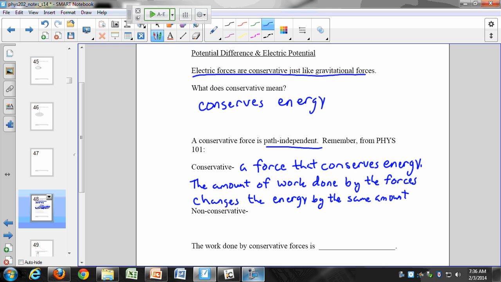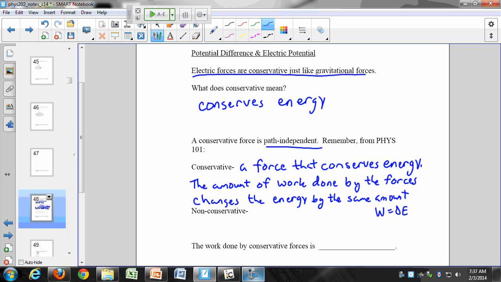All right, so what we're saying here roughly, if you just want to write this in equation form, or you can write out all those words, or you can just say that the work is equal to my change in energy. And that was true for the gravitational force. That's true for all conservative forces. What are types of conservative forces? If a non-conservative force is a contact force, what is a conservative force in a general sense? Gravitational force is an example of one, right?